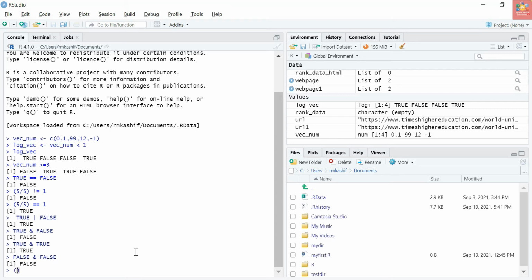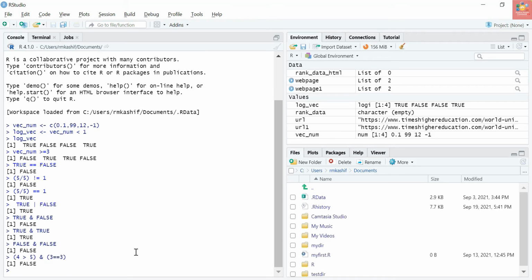Moving on with a few more examples. 4 is greater than 5 and 3 is equal to 3. You can see 4 is greater than 5 is actually false, and 3 is equal to 3 is actually true.